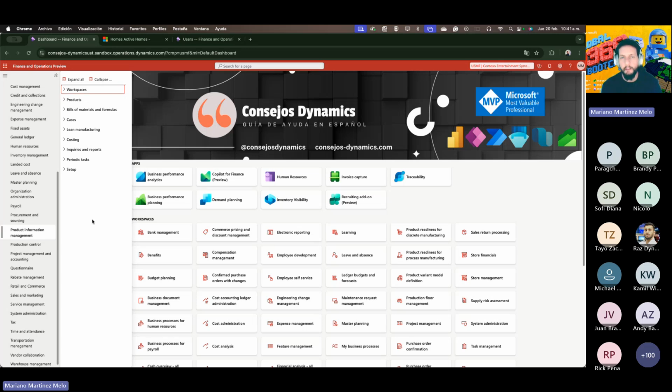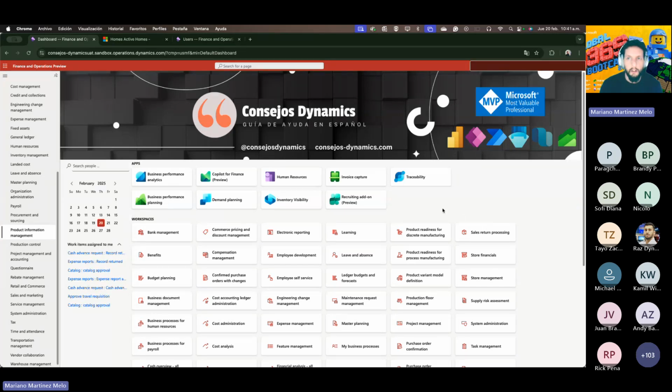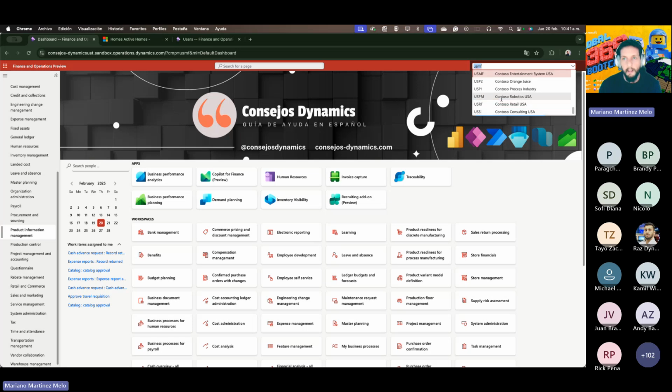Dynamics, differently to other ERPs, is multi-company, so I can create different legal entities. For example, here I have my USMF enterprise or company, and if I click here, I can change to different legal entities that have different information and products. Could be the same, for example, accounts or something, but there are different companies with different processes or warehouses or